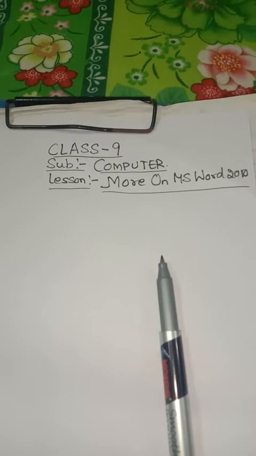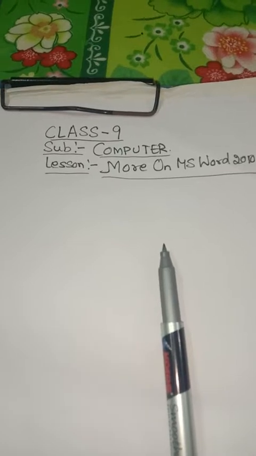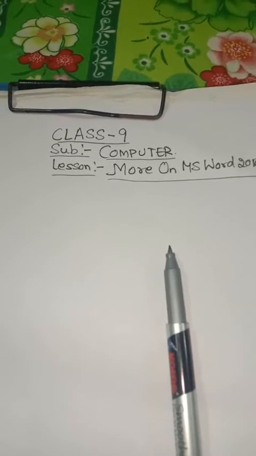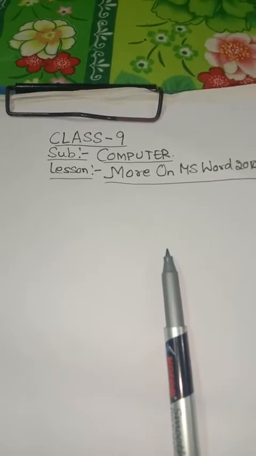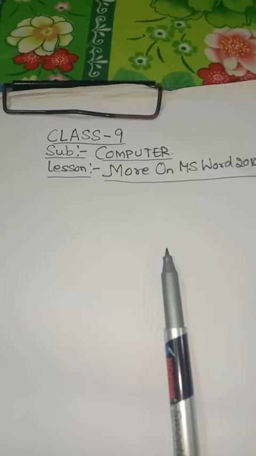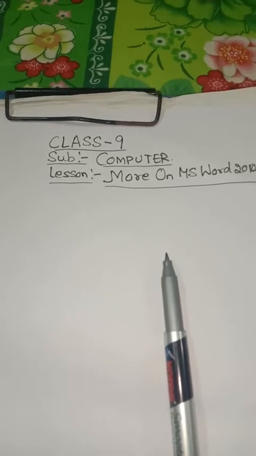Next important topic that we have discussed is what are tables, what is cell, what are the different methods of inserting a table. The three different methods, like inserting a table using the table grid, inserting a table using the insert table option, inserting a table using the draw table option, how can we enter the data in a table, how can we move the table from one location to another, how can we resize the table. Resize means how can we change the row and column of a table, the row,